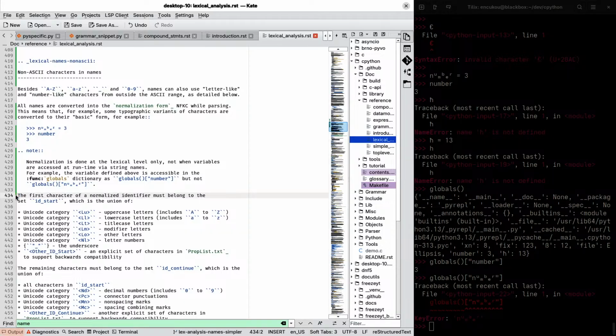Yeah, so that thing I was talking about already exists. Stan just sent me a link to the Unicode how-to in the Python docs. Ah, yeah, there's that as well.